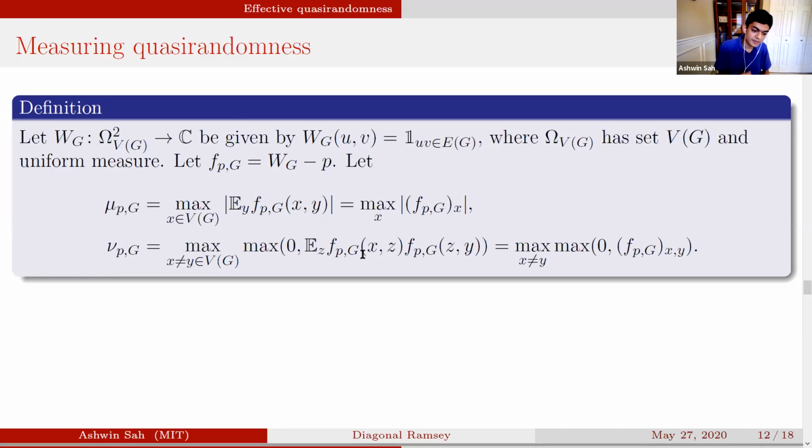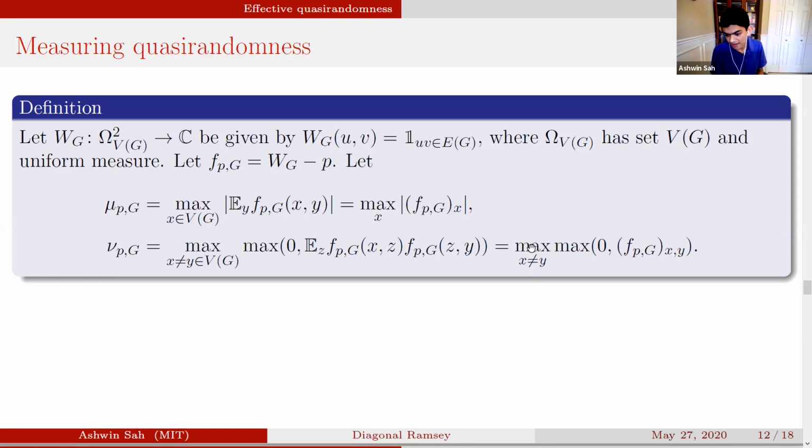And nu sub p comma G is okay. It's basically how big can the codegree be compared to what is expected. Although it's not quite that either for a couple technical reasons, but you can sort of just think of it as measuring how far the codegree is from what it should be. There are a couple of technicalities because we only had an upper bound on the codegree originally. So this is actually sort of a one-sided measurement of the distance from quasi-random graphs, but that won't ultimately be too important. So you can just think of nu as just being the maximum magnitude of a codegree of f.